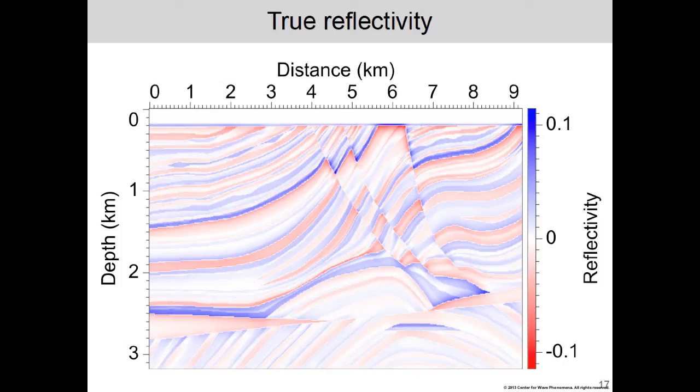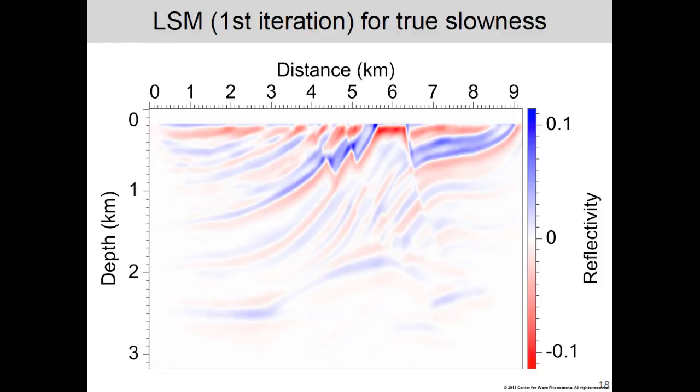And again, this is computed as the difference between the slowness squared, which I've not shown you, and the smooth slowness squared, which you just saw. And our goal, again, is to invert for this reflectivity. So the first iteration of LSM, of least squares migration, is essentially reverse time migration. This is not a particularly good RTM image, partly because I'm not using any preconditioning in my implementation of least